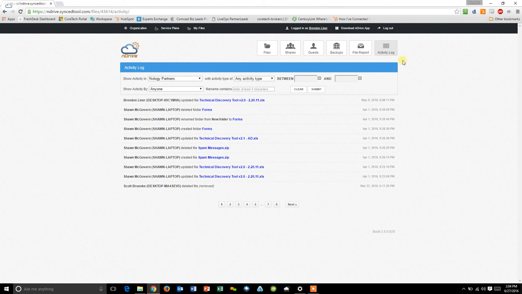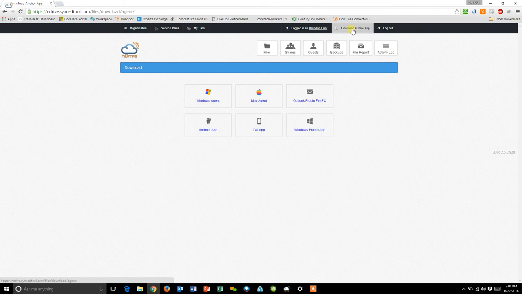A couple final things to go over in terms of the web portal. You'll notice up here on top of this banner, I can see that I'm logged in as myself. I can have the download nDrive app, and I can also log out. If I come under here under download nDrive app, this is going to give me all of the downloads for PC, Mac, iPhone, Android, and Windows Phone, as well as our handy Outlook plugin if you're using Outlook 2010 or